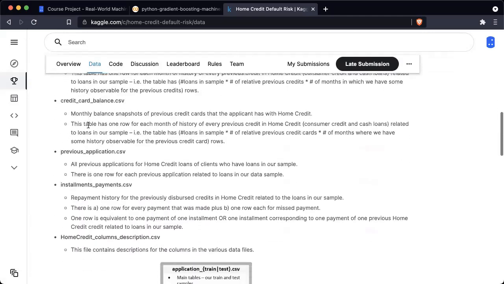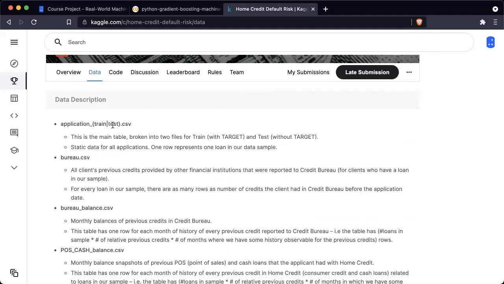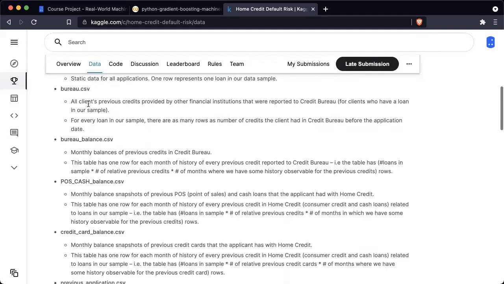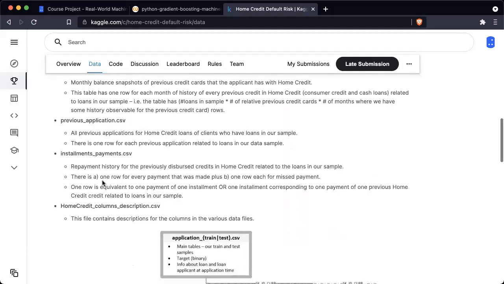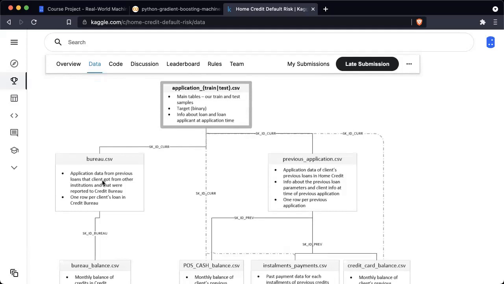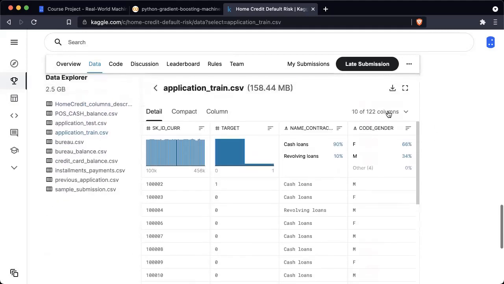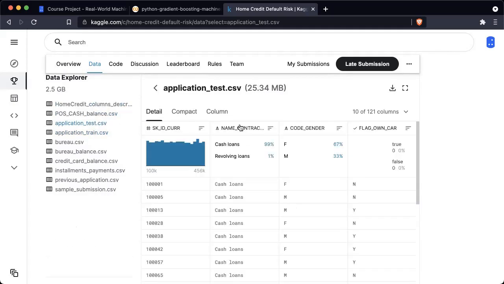You can see that you have a bunch of different files here. And it appears that there are two main files, application train.csv and application test.csv. And then there is a lot of other data that you can use to augment the training and test data. So keep that in mind. You don't have to use all the data, but in a lot of datasets, you will find a lot of additional data that you can augment your training data with. And let's come down here to application train.csv. It appears that we have 122 columns, and the second column, target, seems to be the column that we need to predict. And you can verify this by opening application test.csv. And application test.csv does not have target and has only 121 columns.